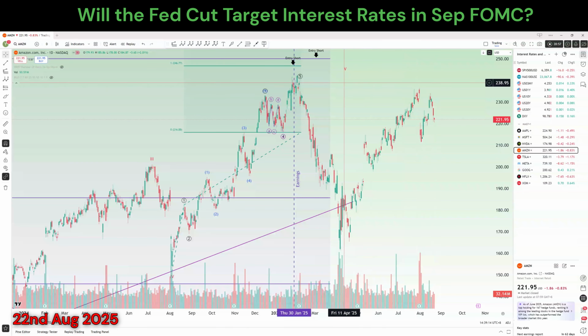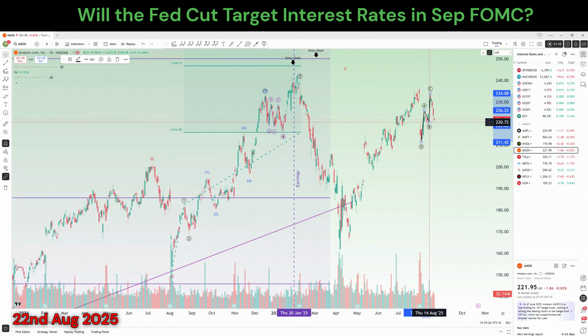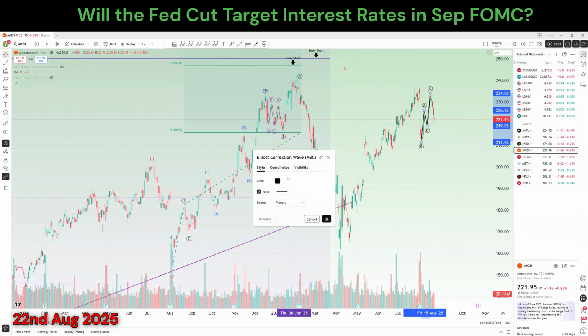Amazon, same. Hasn't been doing very well. This movement is an ABC. This movement is an ABC here. How to identify this is actually quite simple. When this wave moves down into this territory, this will no longer be counted as a 1, 2, 3. It will be considered ABC. The degree over here,